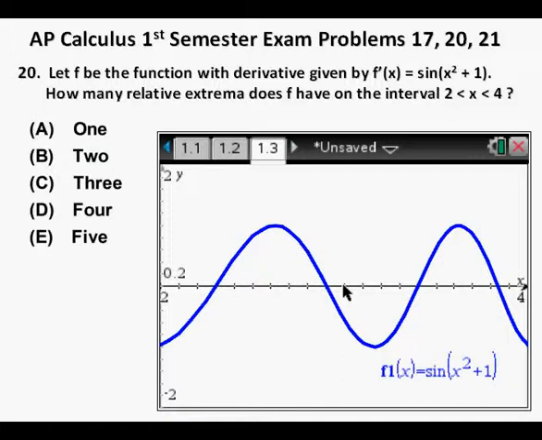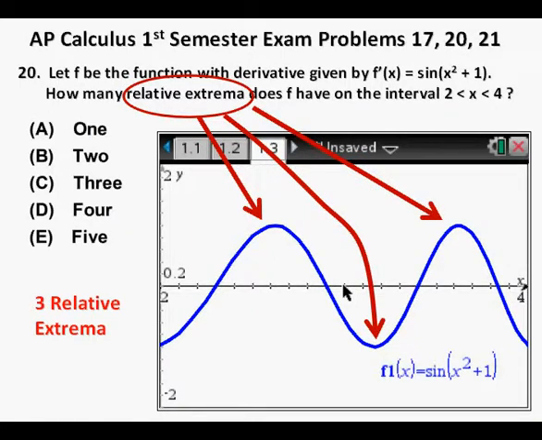And when we see relative extrema, how many relative extrema do we have here? Well, we have 3 of them. But here's the problem with this diagnosis. This function being graphed is not f of x, but rather f prime of x, or the first derivative. And so the number of relative extrema is determined by the graph of f prime of x crossing the x-axis